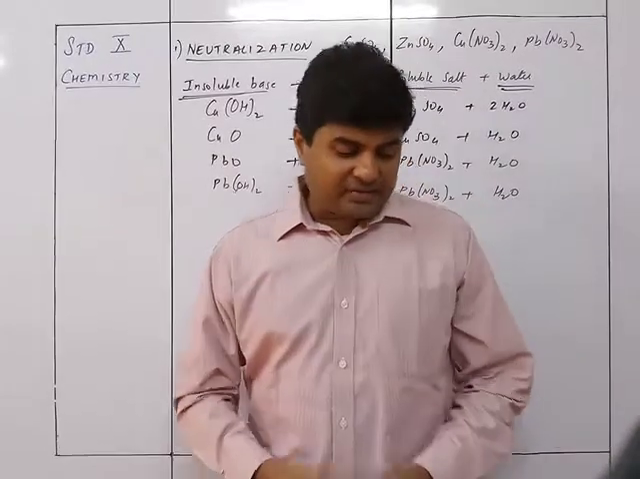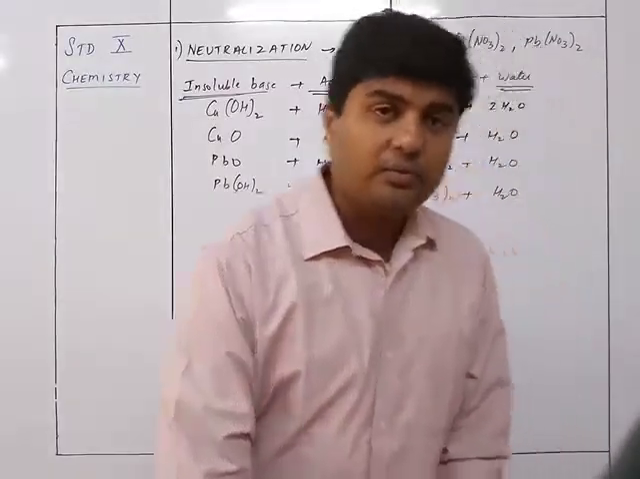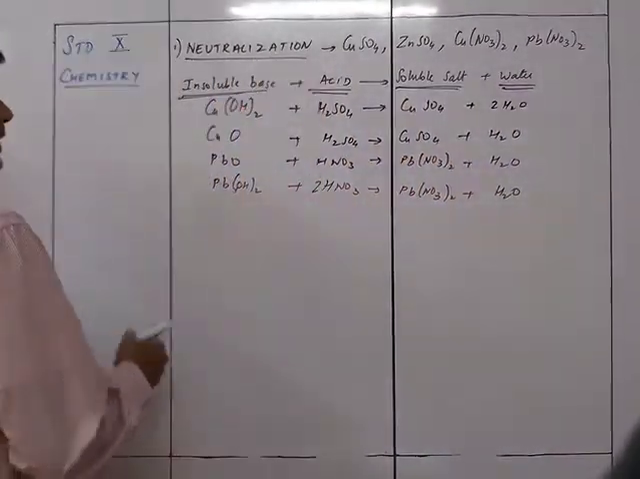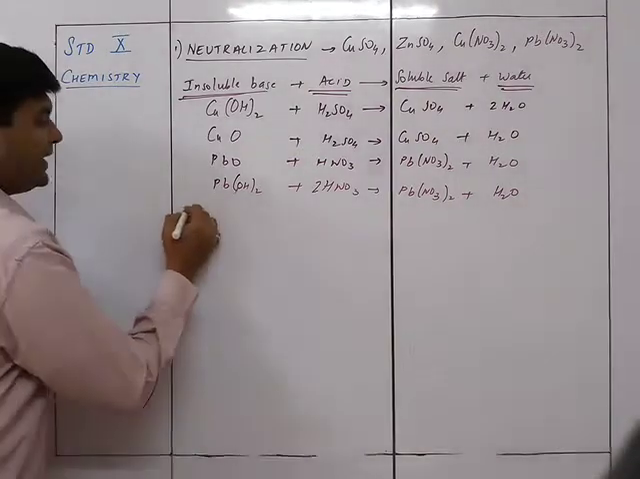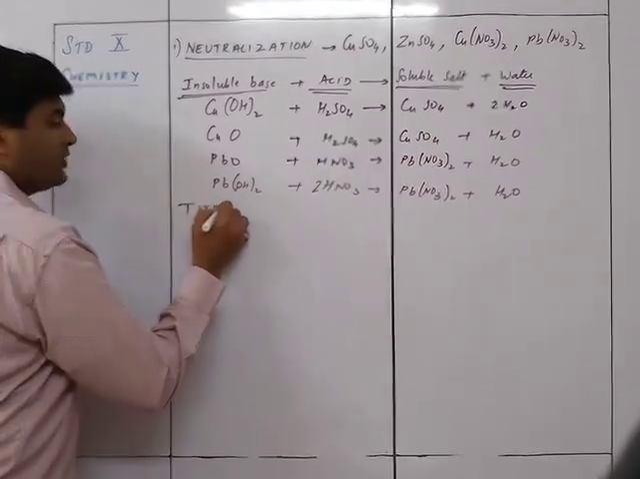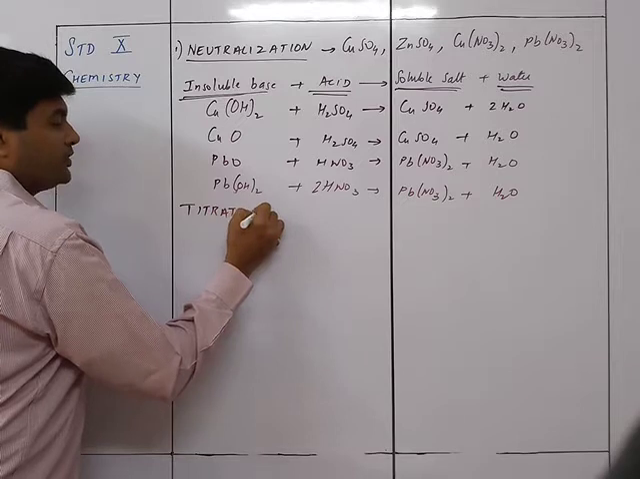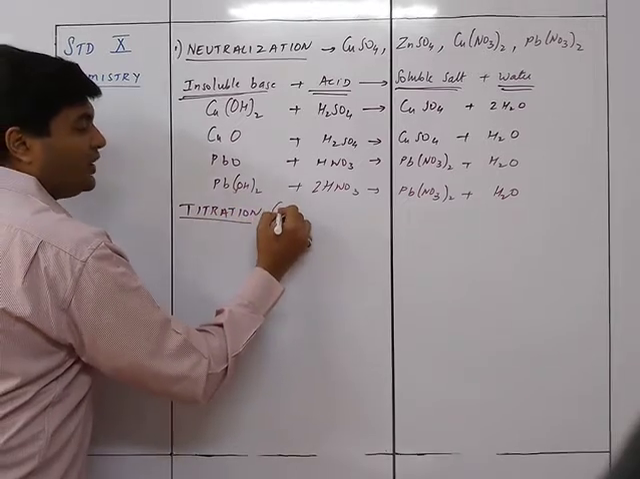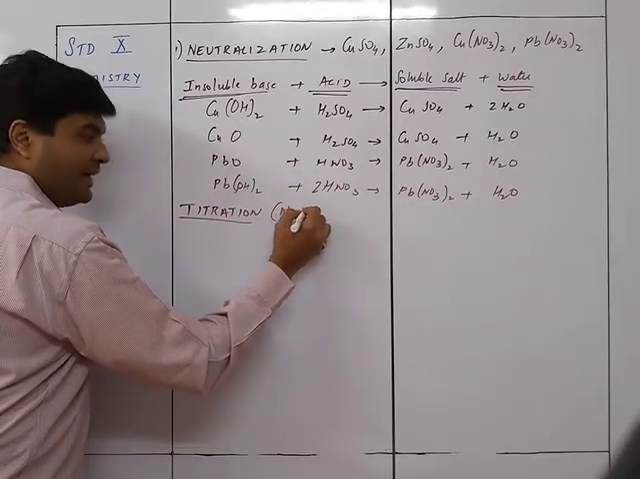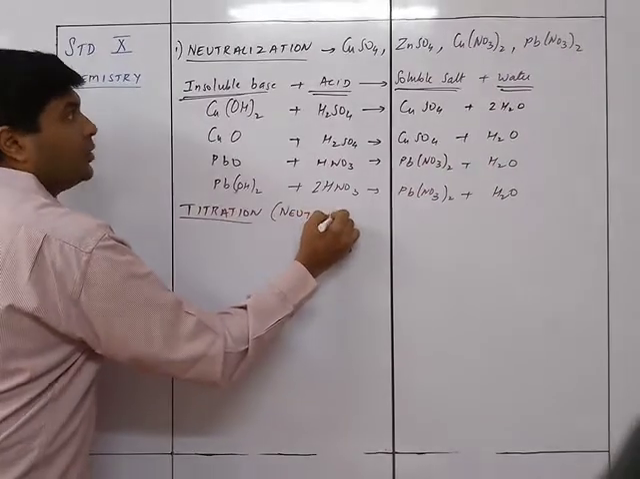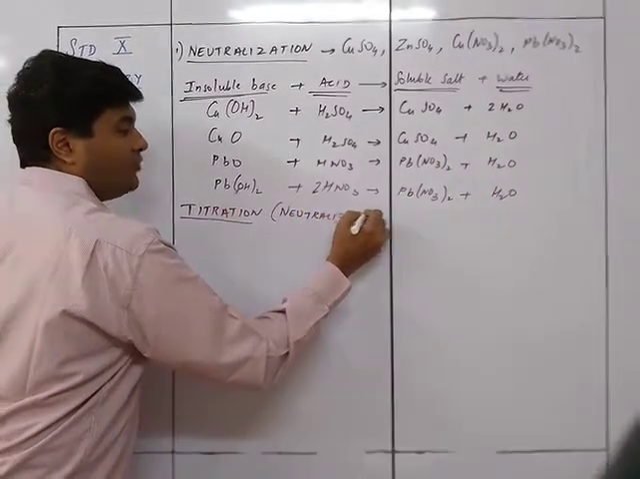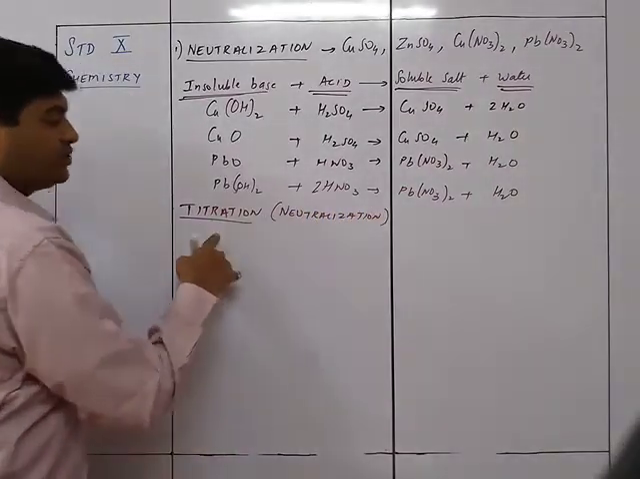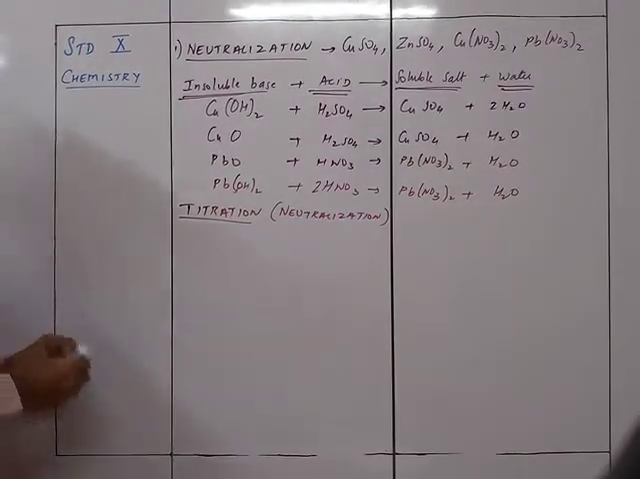The same neutralization can also be done with the help of another method, and that is called titration. So titration is a process, also a kind of neutralization. In fact, it is neutralization, but only the procedure of neutralization is different. That's why it is called titration, which is a kind of